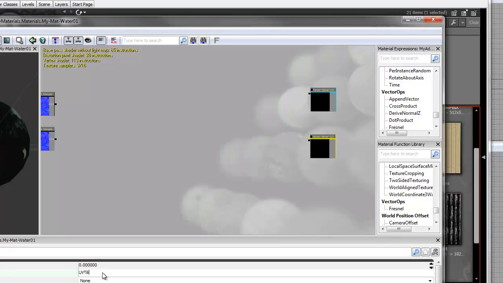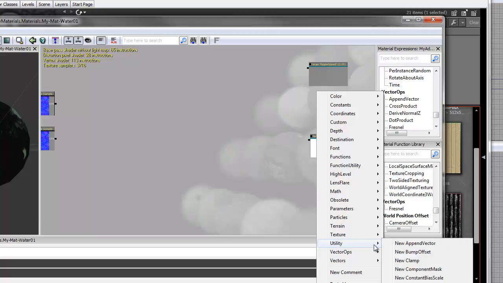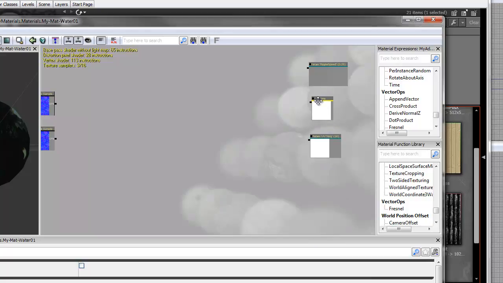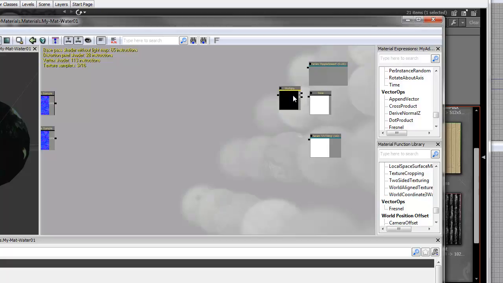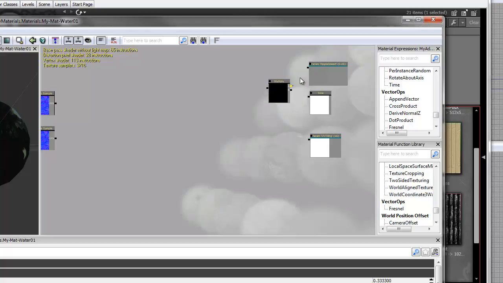UV tiling, and let's make its value 16, and let's call the other one the ripple speed. Okay, and I'll make that 0.25 units. Then right click from the utilities, I'll bring a time and then multiply the time by the ripple speed,